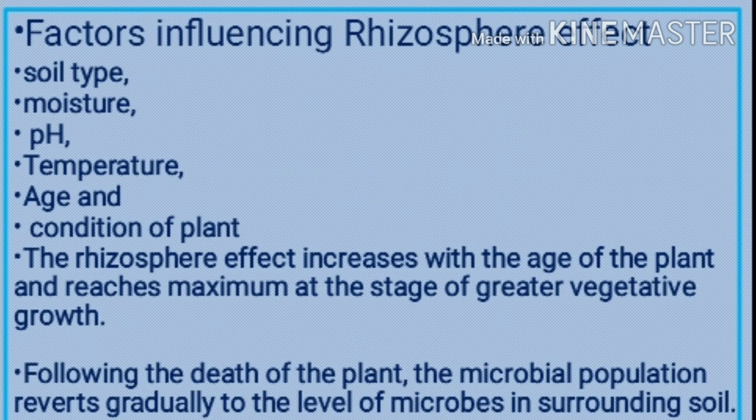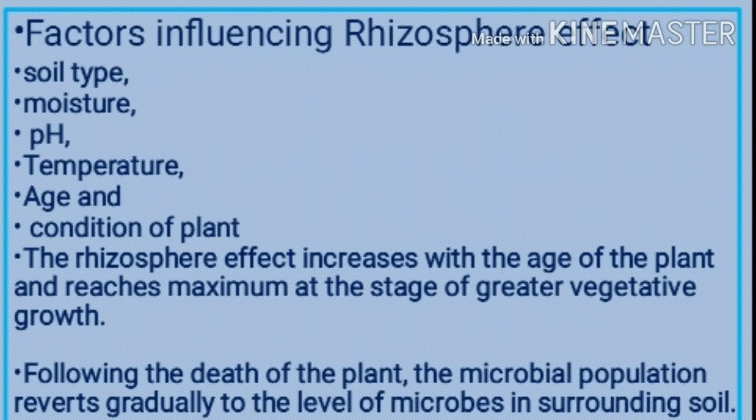The rhizosphere effect increases with the age of the plant and reaches its maximum at the stage of greatest vegetative growth of the plant. Following the death of the plant, the microbial population reverts gradually to the level of the microbes in the non-rhizosphere